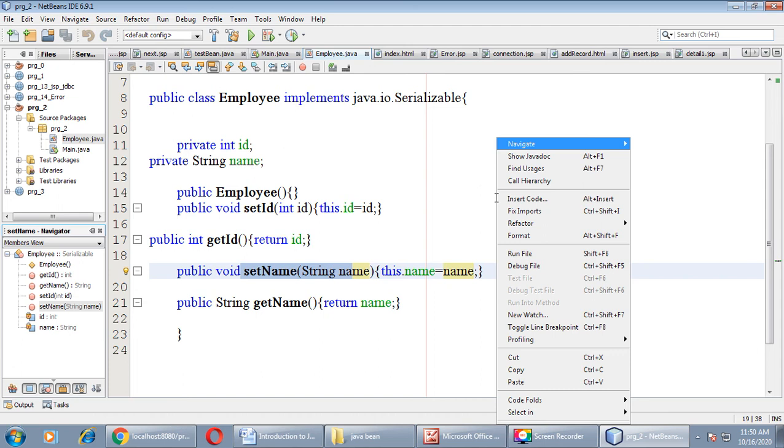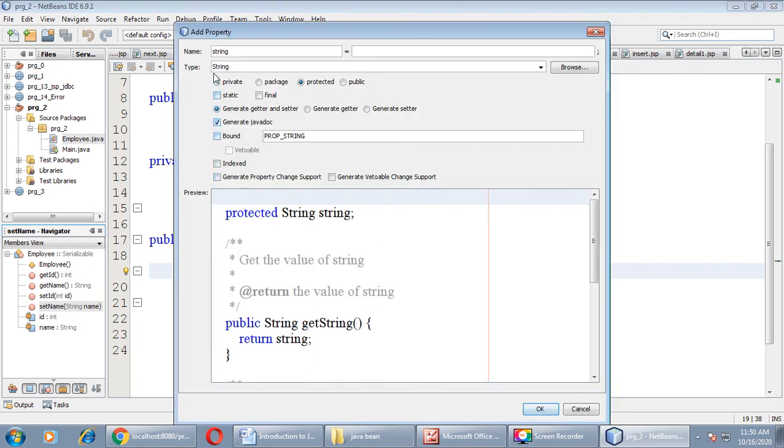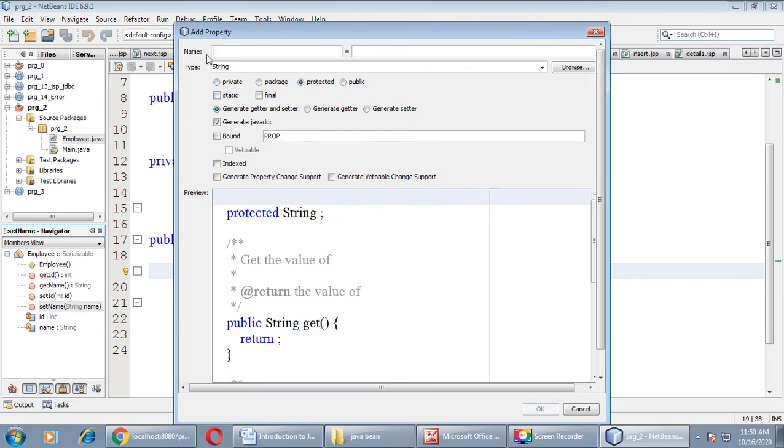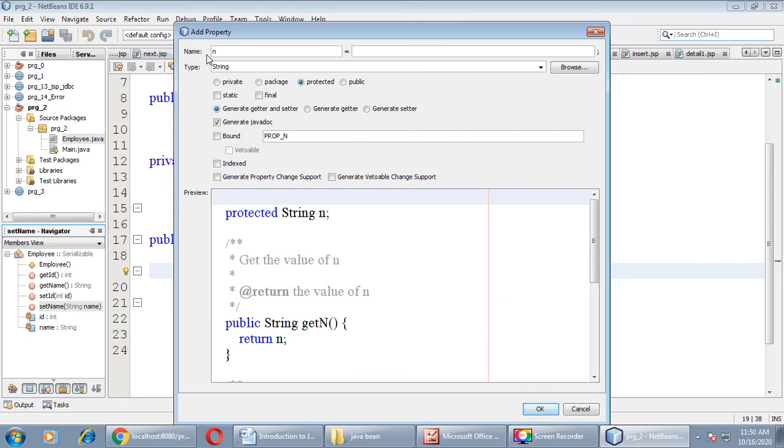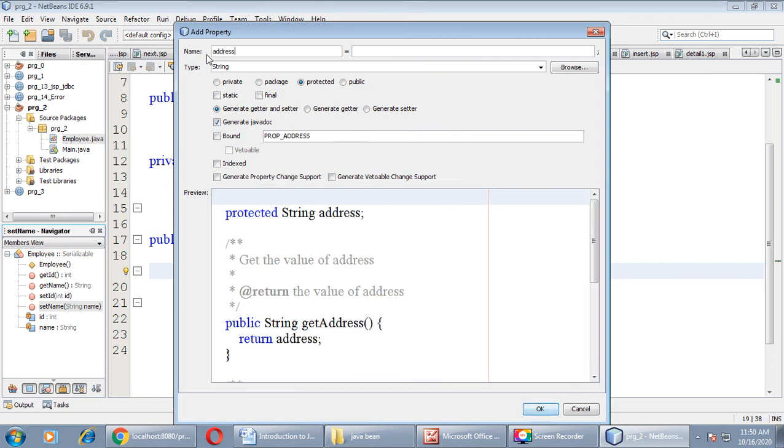You can insert this code in an easy way by right clicking on it, insert code, go to add property. You can set the name of the property from here, and the value also you can set from here.